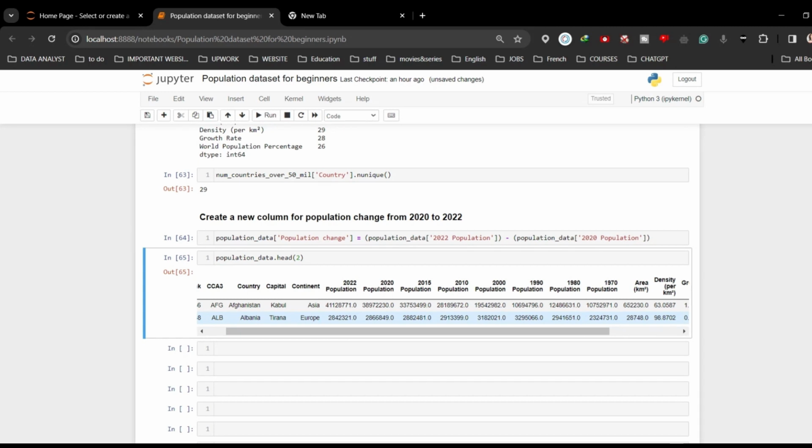To find the 5 most populated countries in 2022, we have to first of all sort the data set by value. We have to sort the values by the 2022 population, and then in descending order. So first, let's sort the data. So sorted population